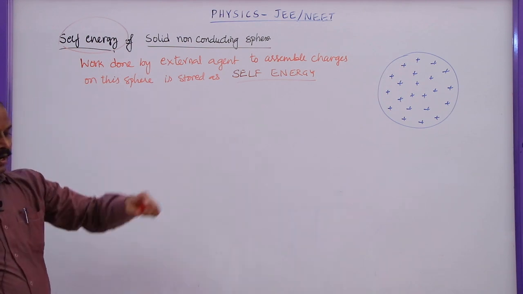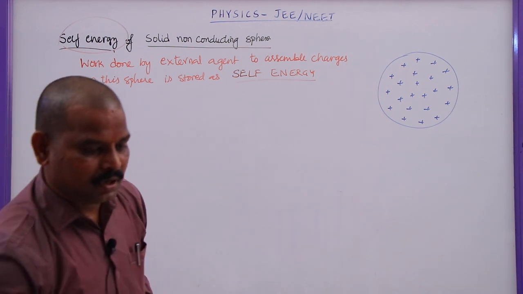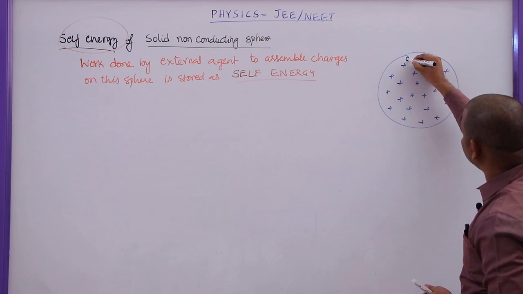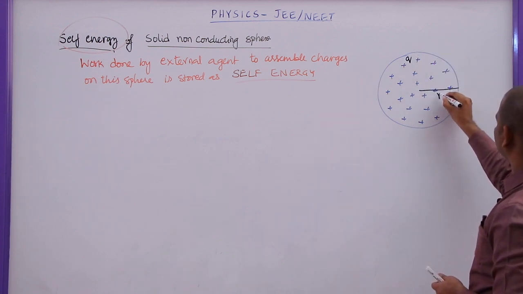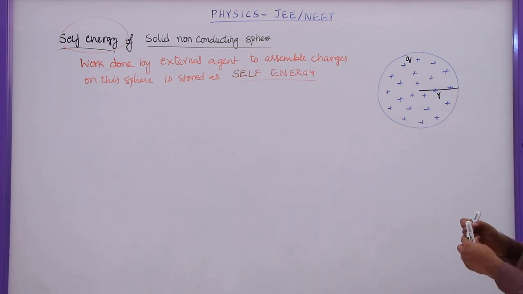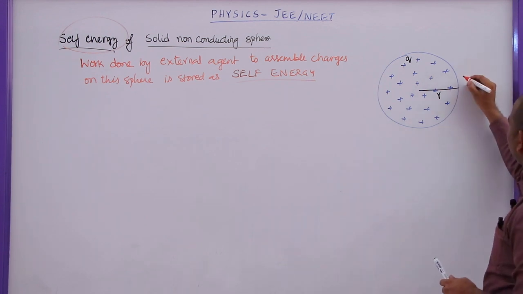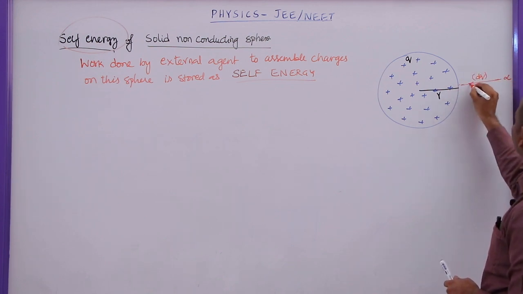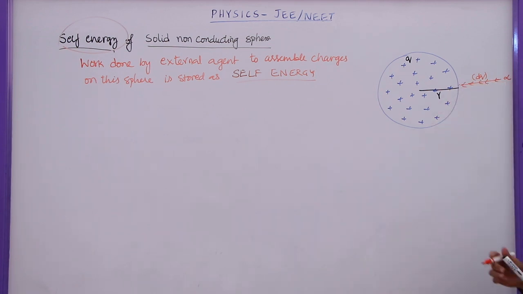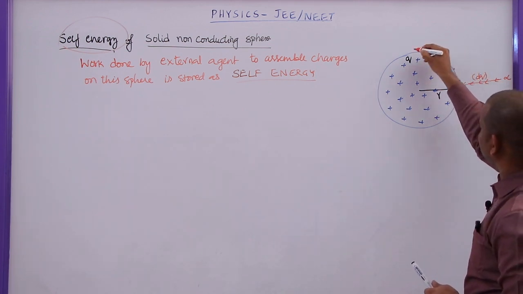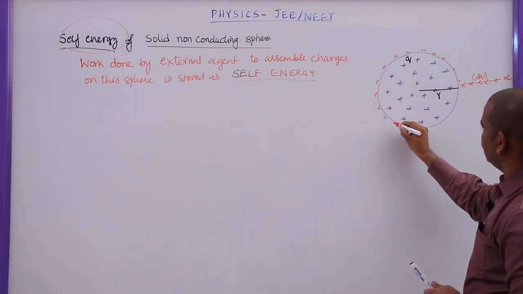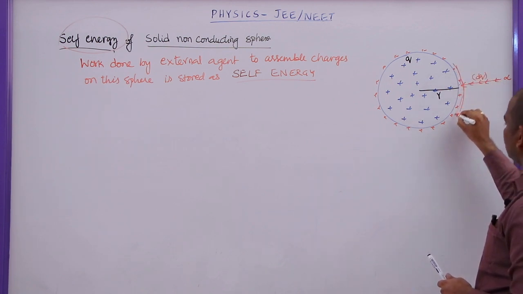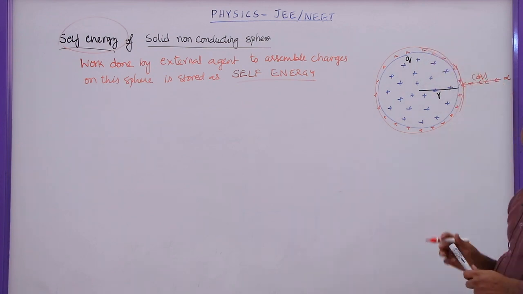Of the sphere. Now, this is already charged with some charge. Let us say the present charge on this one is q, and the present radius of this one is r. Now I need to bring some more charges onto this one from infinity. Let the charge be dq. So I am going to add some more charges onto this surface. Let the charge that is added onto this one be dq, in some small volume.